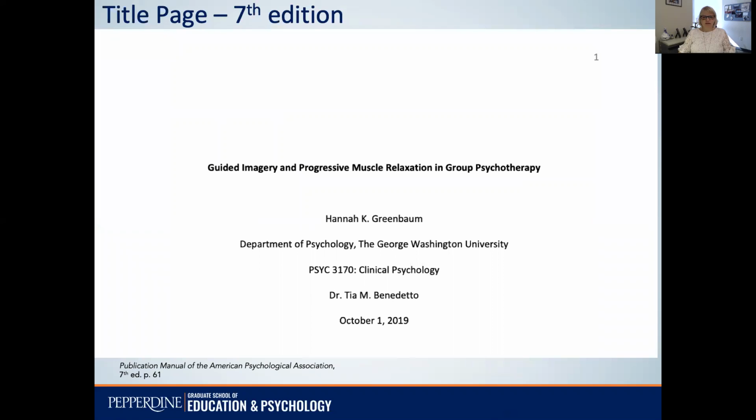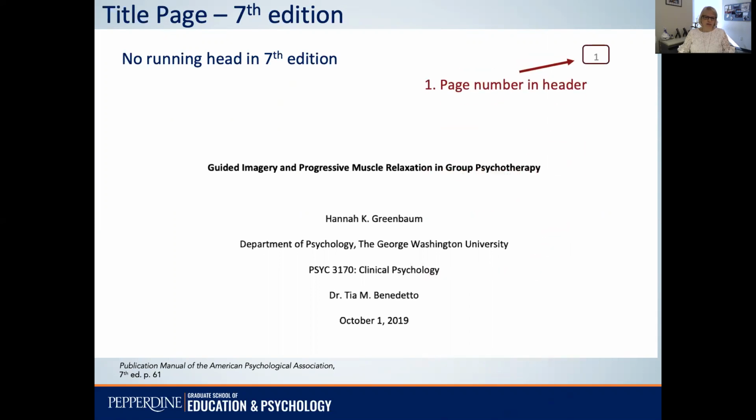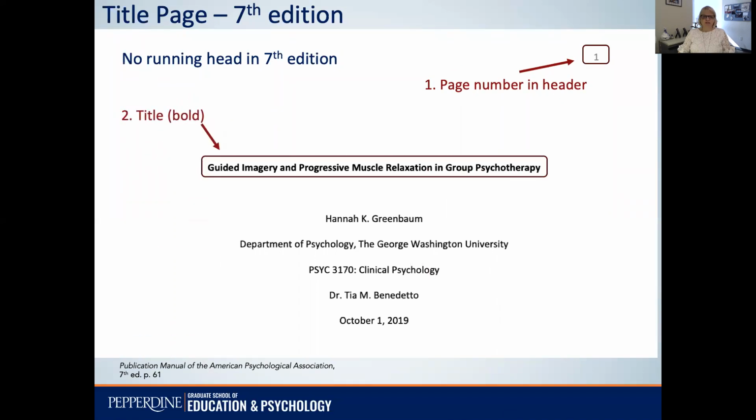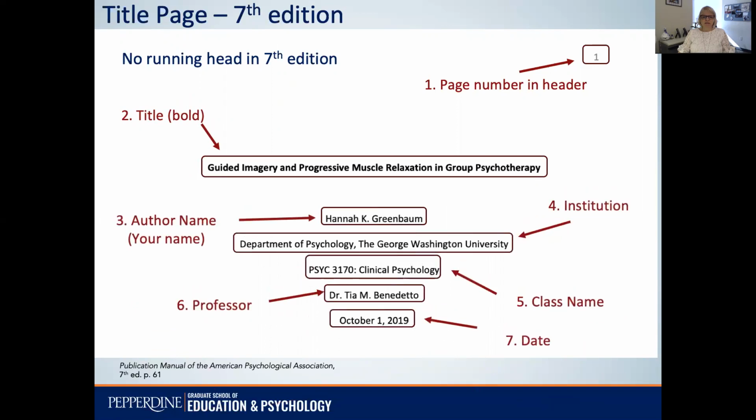For the 7th edition, you can see it looks a little bit different. First of all, there's no running head in the 7th edition. You still have a page number, but you don't have to put that title on the top left. Then you'll have your title in bold, your name, and then there are some other elements added to student papers,